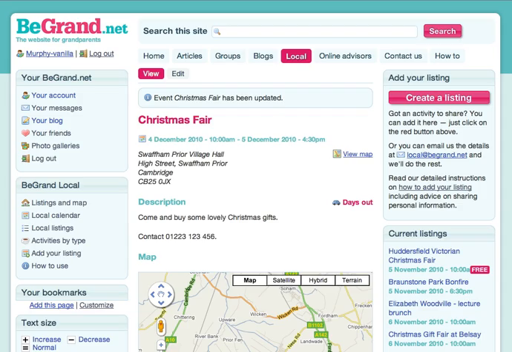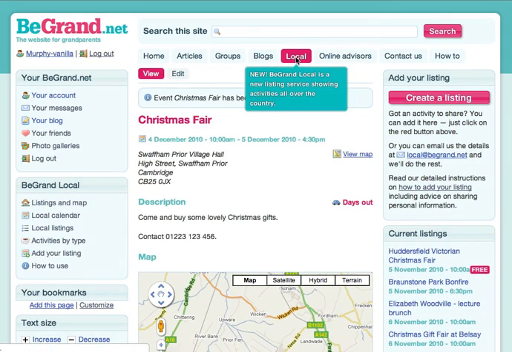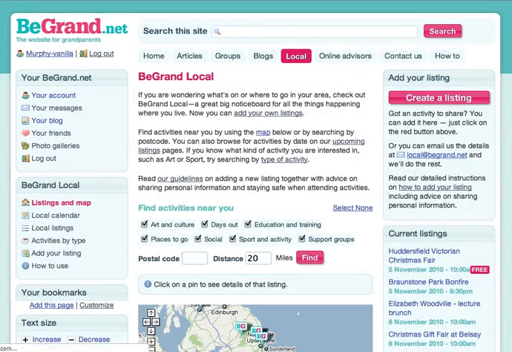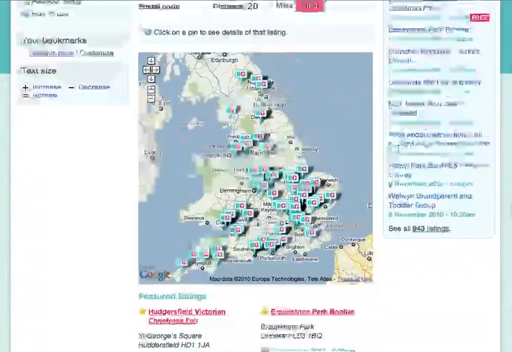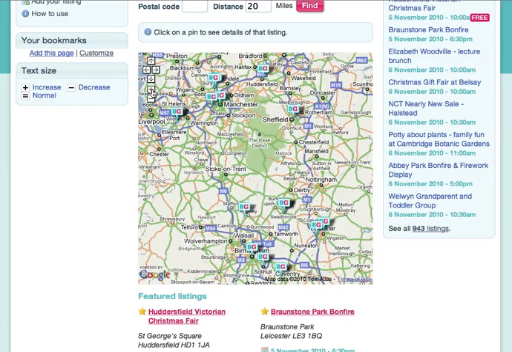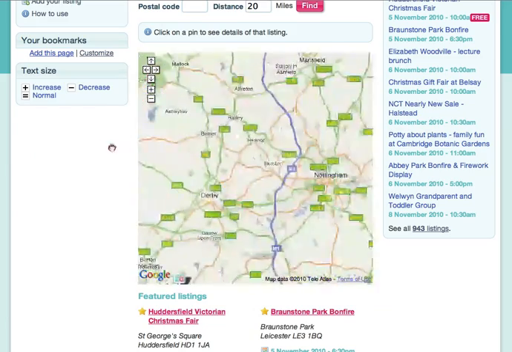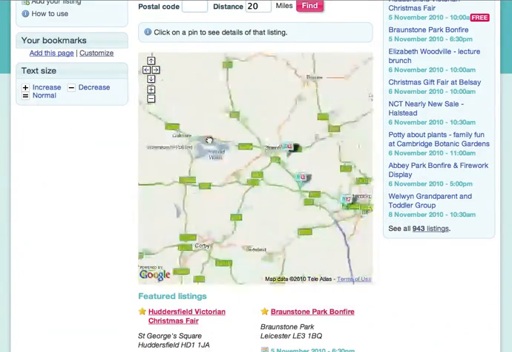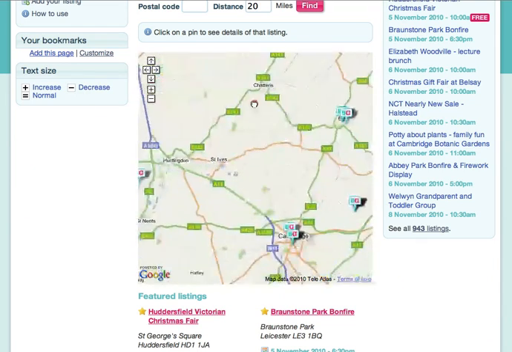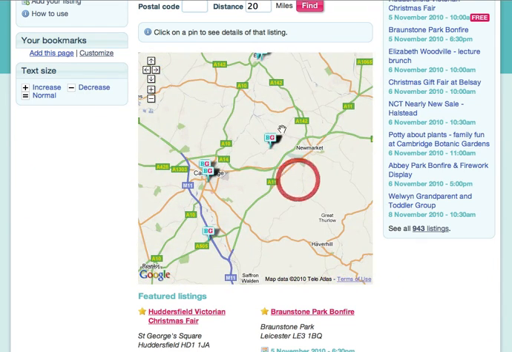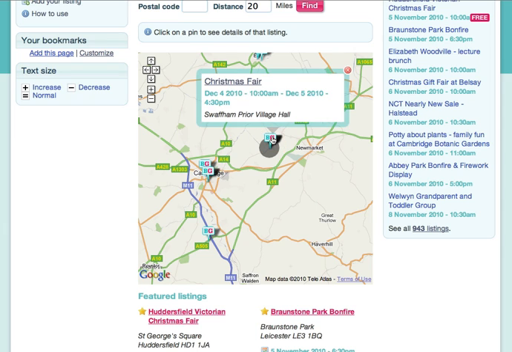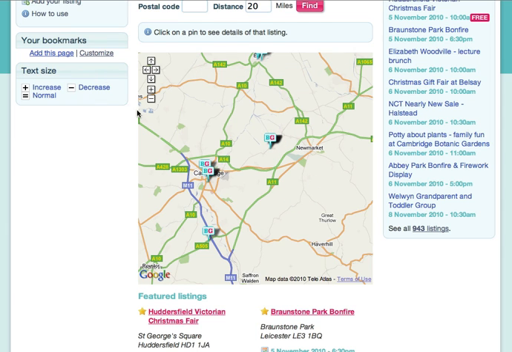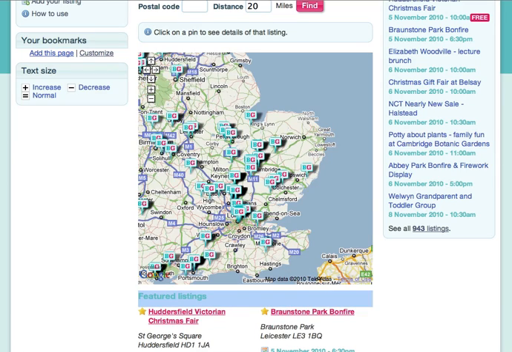We're just about done. Last thing to do is we can go back to the main BeGrand Local page and zoom in on our local area somewhere and click on a map pin, and there we go. There's our Christmas fair entered on the main map, and it will appear on the list down the side and